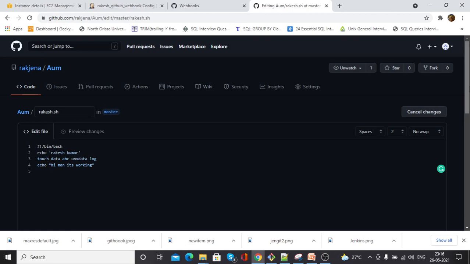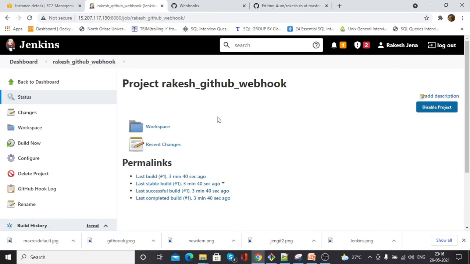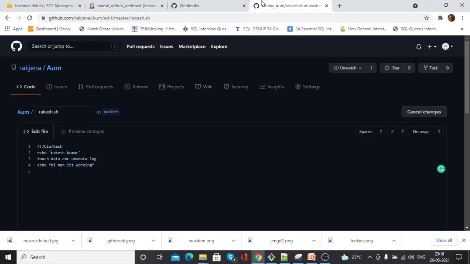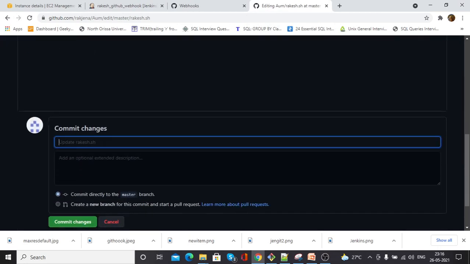So here I have updated something. Let me save this first. Yes, I have saved. Now I am going to commit the new things in GitHub, and we will see if the command is working or not.